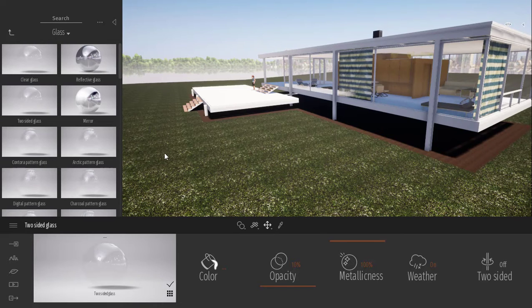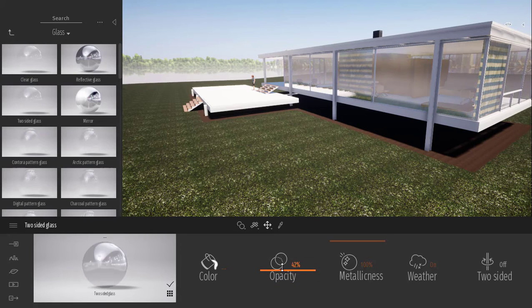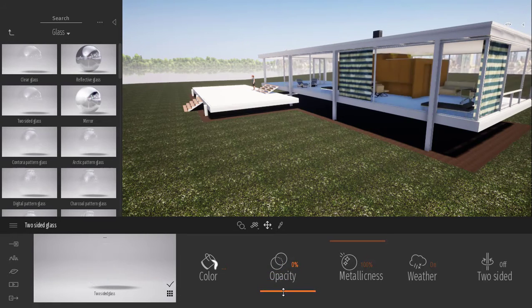The properties of the glass are here. So you see, this is like a slider, that if this is my glass, I could make it more opaque or less opaque. And then I've got